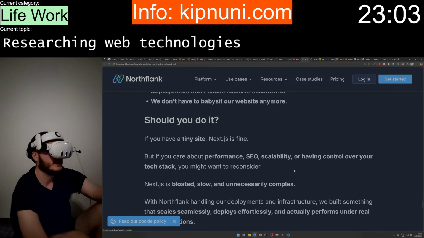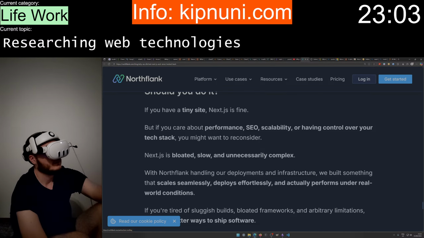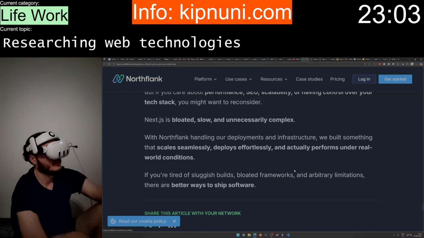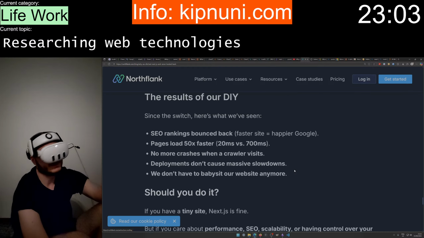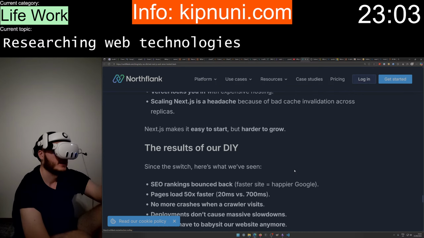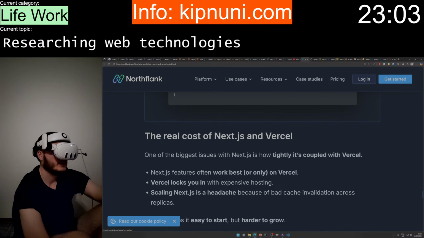If you have a tiny site, Next.js is fine. If you care about performance, scalability, or having control over your tech stack, it's exploded, slow, and unnecessarily complex. Yeah, they use Express.